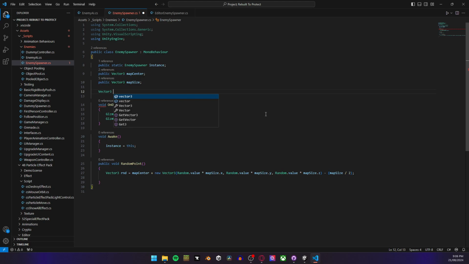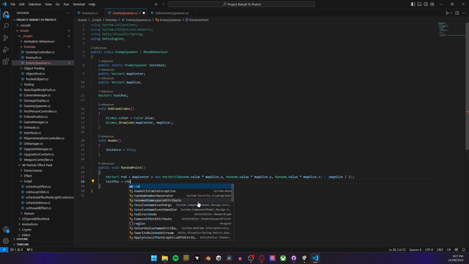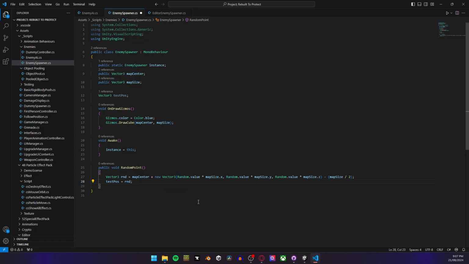Alright. Test pause. We just need a place to store that, and we're just going to say test pause. No! Shit! I accidentally pressed... Goddamn. Test pause equals rand. Alright, and then in this, we really need to chill the hell out on the opacity of the box, by the way. 0.2F, and then